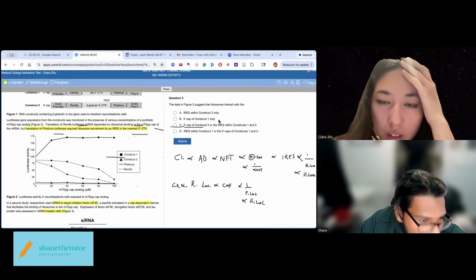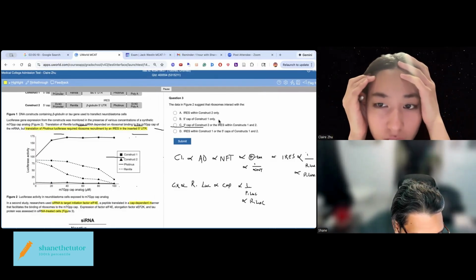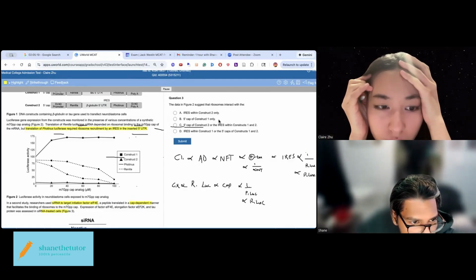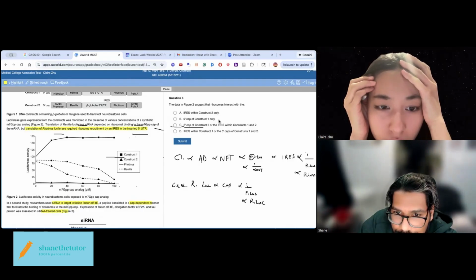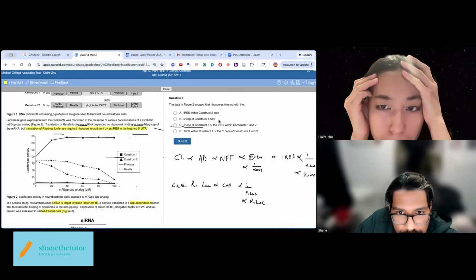Data in figure 2. Oh wait, so all the data is basically 0 for construct 2 with Photinus, and Photinus is the one that does not use the cap, right? So then it should be,